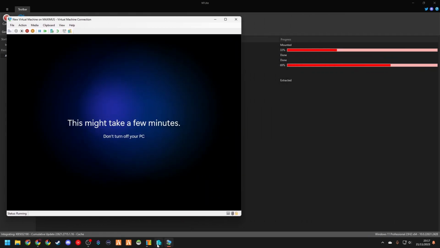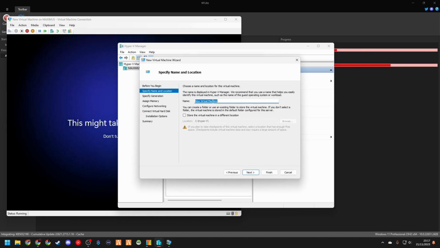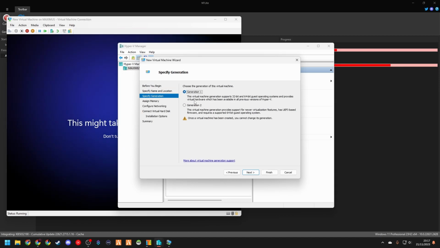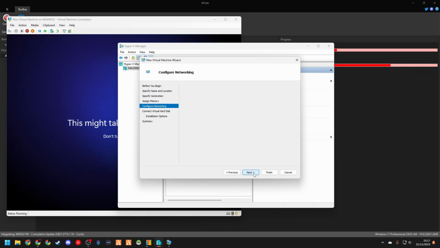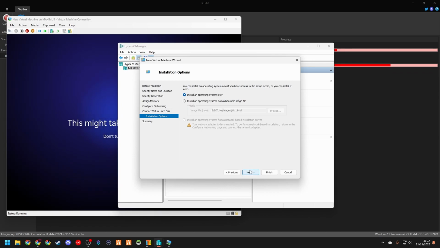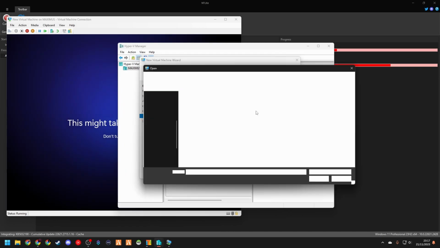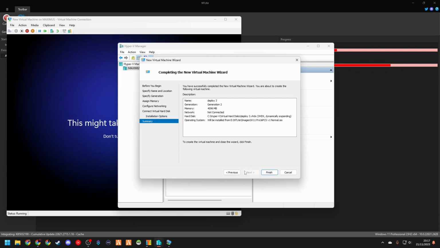While this is running, I'll create a new virtual machine called deploy free. And if I install this one that we've made before,